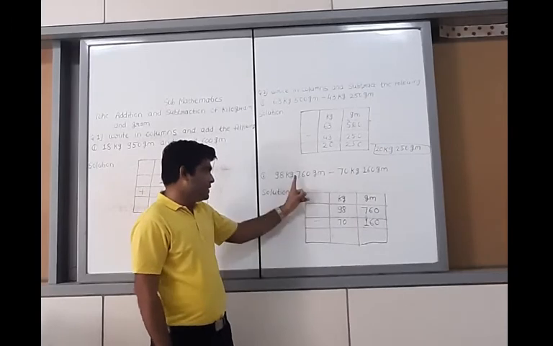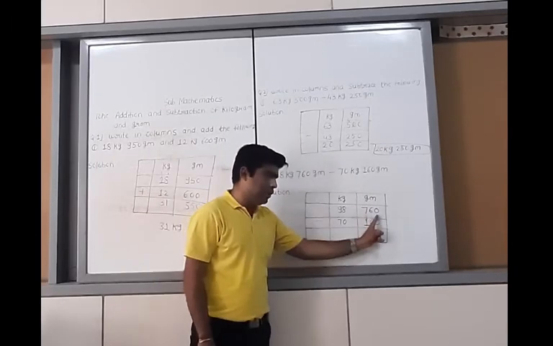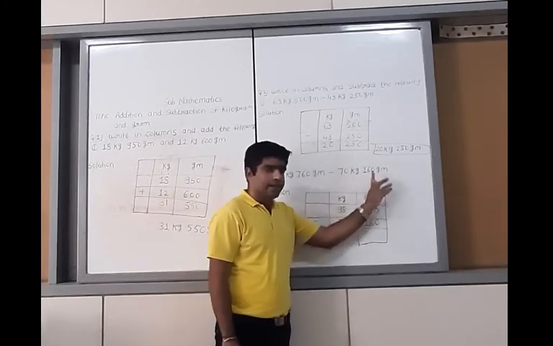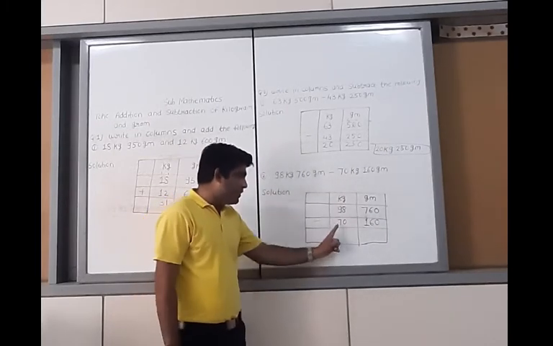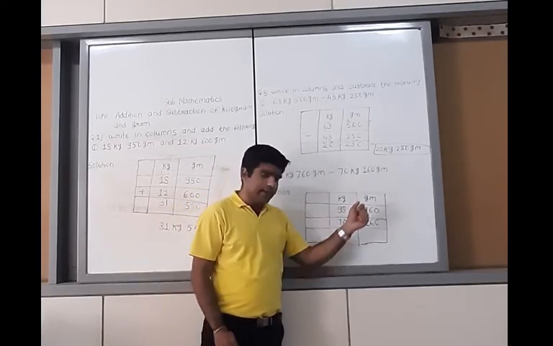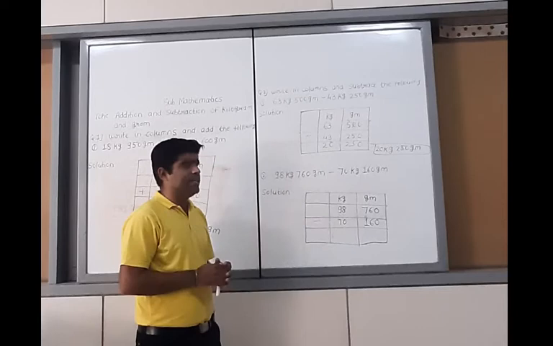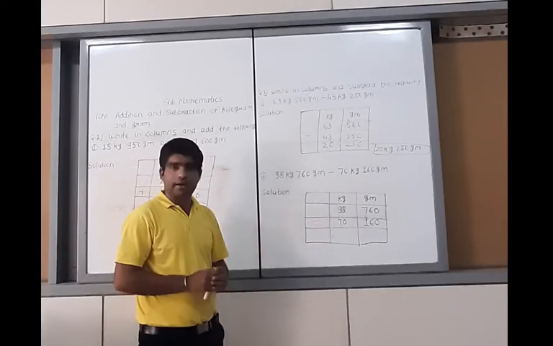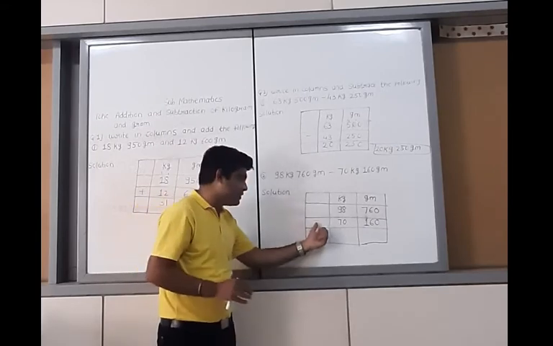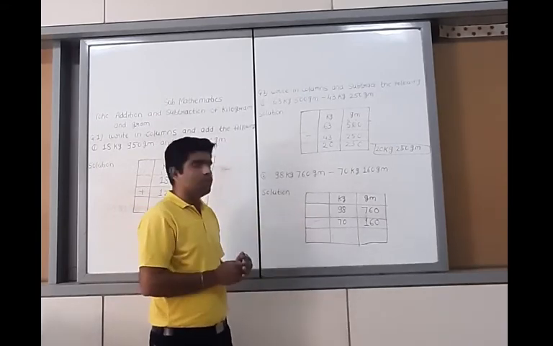760 we have to write down on this side. Next, it will be 70 kg, 160 gram. It means that 70 we have to write down on kg, and this is the 160 we have to write down on gram. Okay. Now see the example carefully. First of all, arrange in column, and then we have to subtract the following example using the subtraction sign. Okay. Now we have to solve the example.